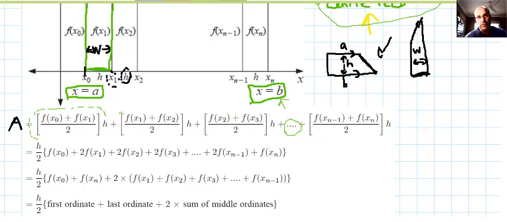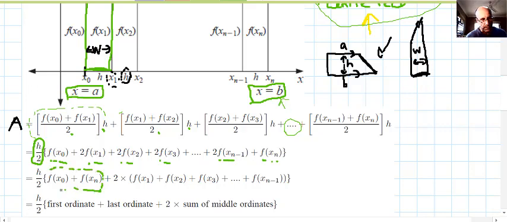It's interesting to note that we get multiple numbers of certain things. So we've got a common factor, first of all, of h over 2, and we can factorize that out. We have one lot of f of x naught, but we have two lots of everything else except for f of xn. Those ones that there's only one of, we can separate. And all of the others have a common factor of 2, so we can group that sum over here. And what we end up with is h over 2